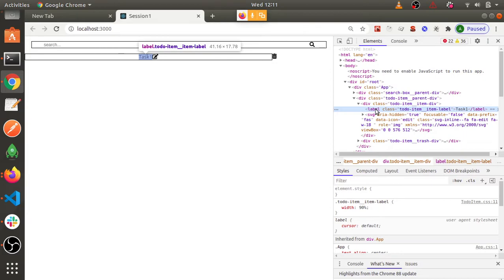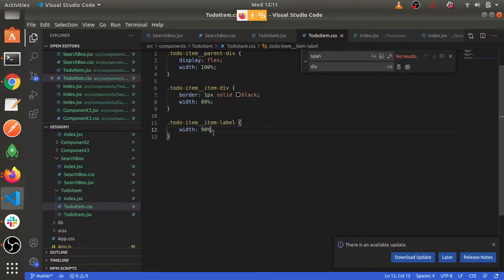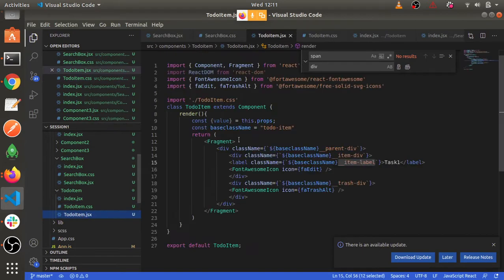Text align center will not help us. The reason is the label is not taking this width property. So we'll keep it as it is right now. We'll just build the components, then we'll go back to the little bit of CSS thing. That will be better, right? Yeah. Okay, so multiple things have to be used.